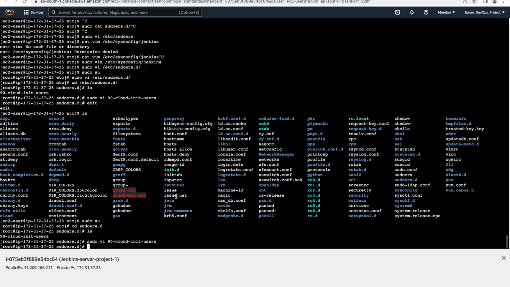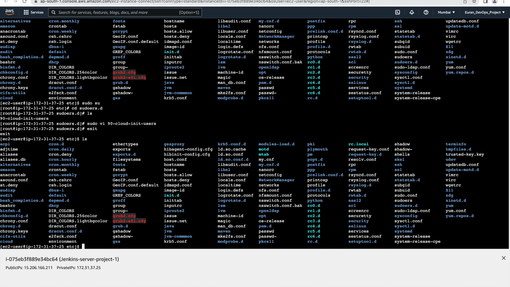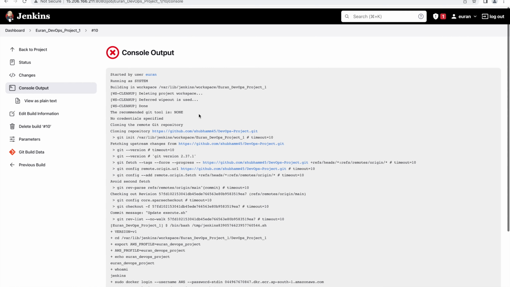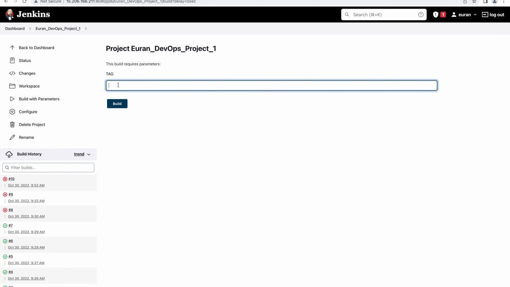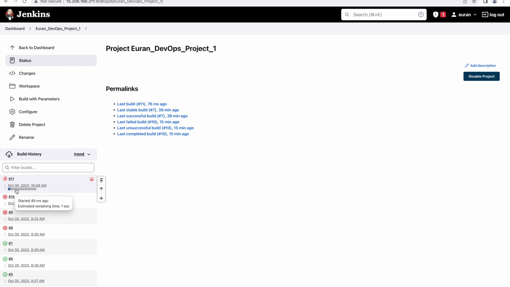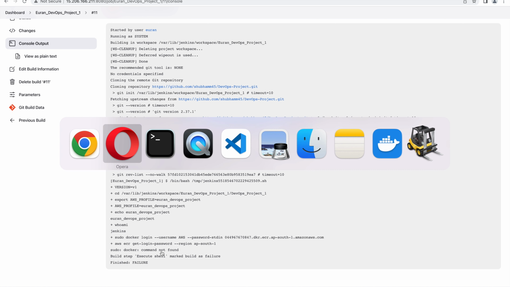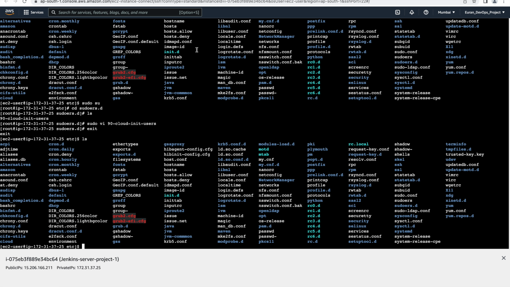Now exit from the root user. Now again run our Jenkins pipeline, v1. Now we will not get that error. Now we are getting docker command not found. So now we have to install docker in our EC2 server, the Jenkins server. Okay, so go to the Jenkins